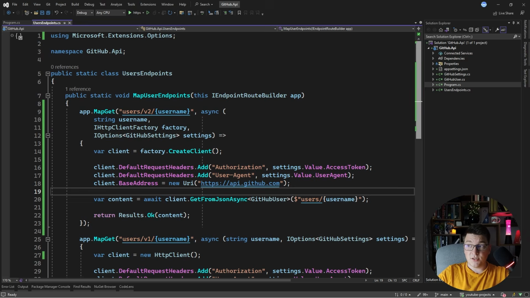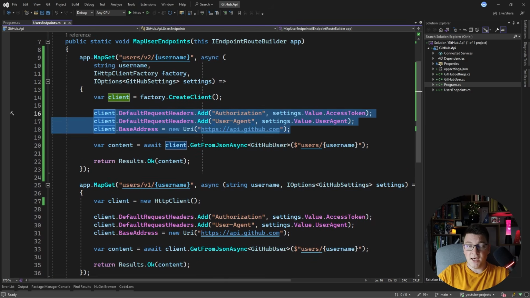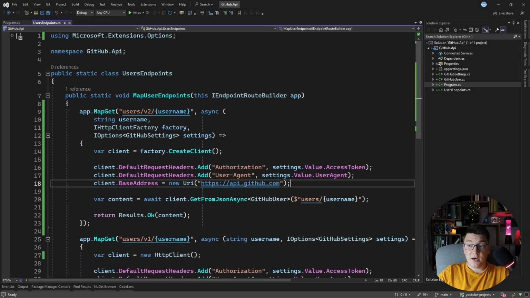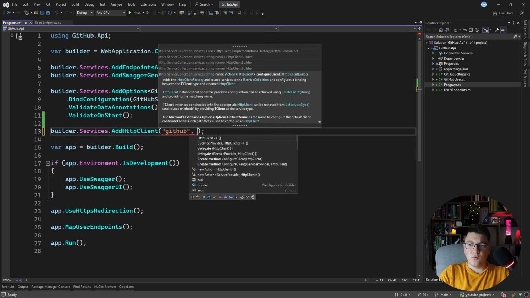Both of these approaches suffer from the same problem, and that is that you have to configure the HttpClient every time that you want to use it. So this is where the HttpClientFactory is actually really useful, because you can introduce named clients. So how you can do that is here. Let's say we want to introduce a named client called GitHub. We can say AddHttpClient, give it the name, and then we have a chance to configure our HttpClient